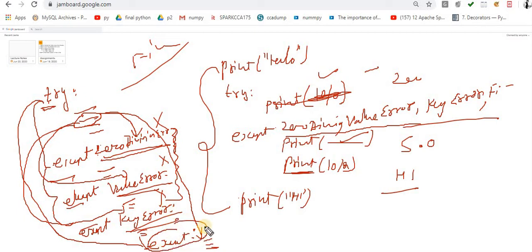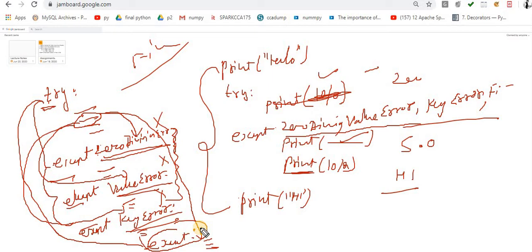So this is basically the flow in try with multiple except statements and with default except statement. So this is the way to handle errors inside Python.